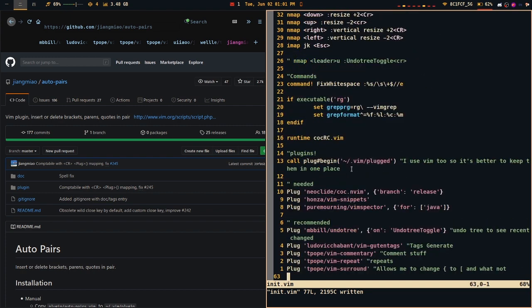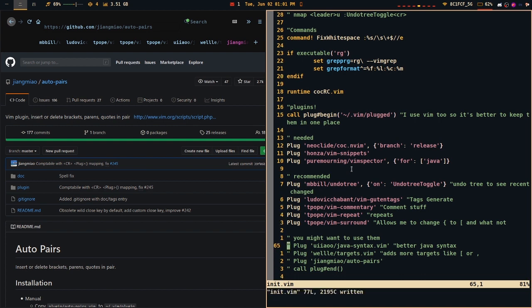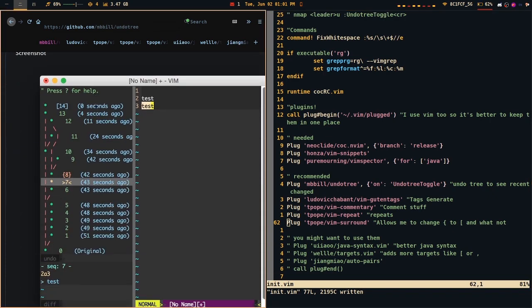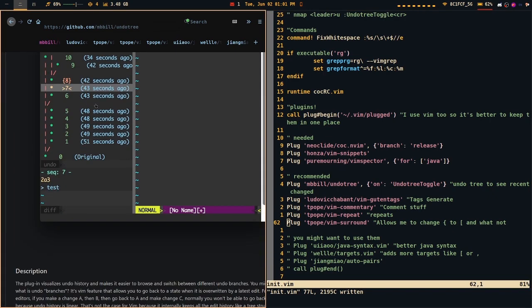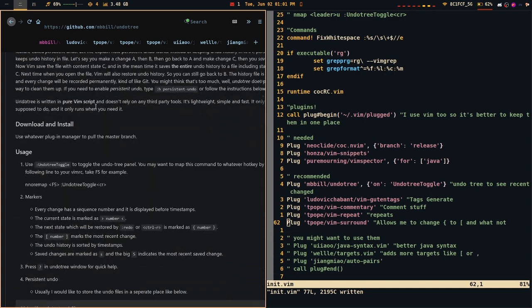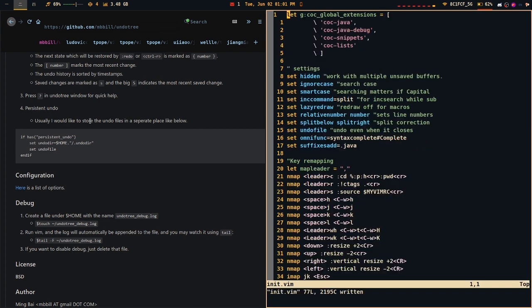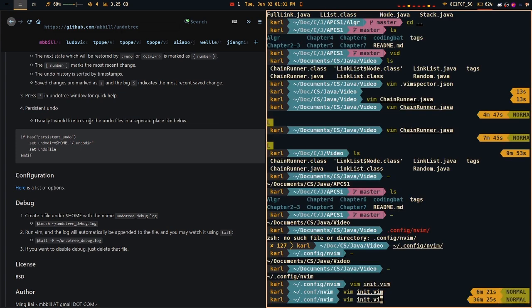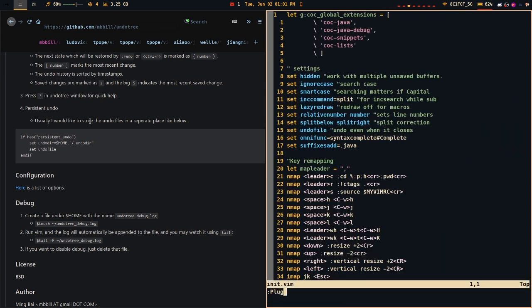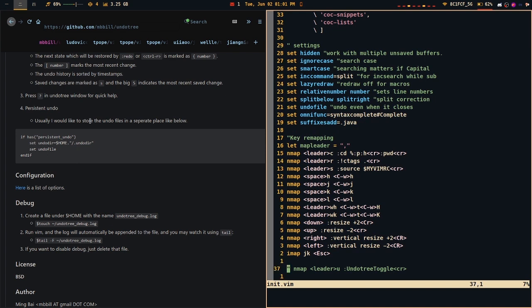And that's where undo tree comes in. Undo tree allows you to visualize your undos, and I just like it because say I have a specific change, I want to go back like 1,000 undos. I can see exactly what has changed. I'm just gonna show you. So I have this keybind, and then when I do control U,